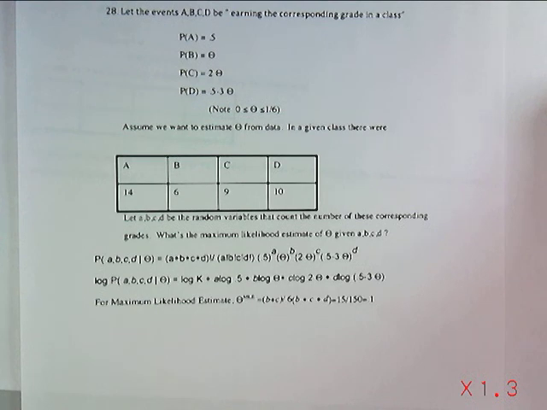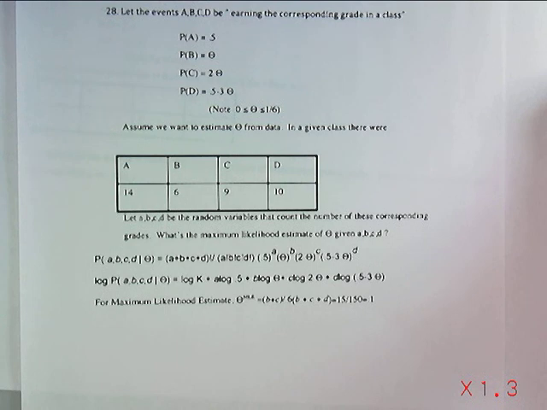Okay, the last question. This is an example of what we call multinomial data. Instead of binomial where there are successes and failures, you could have multinomial ABCD kind of observations. And we actually have seen these before, we just never formally talked about what the distribution might be. So we assume that there are events ABCD and they correspond to the grade in the class, and the probability